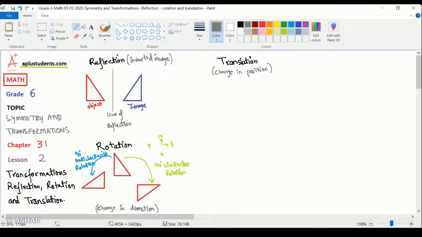If the object was this triangle, which was over here, and we move this triangle from here to a new location over here, the position has been changed. That means a translation has been applied. Whenever we change a position,